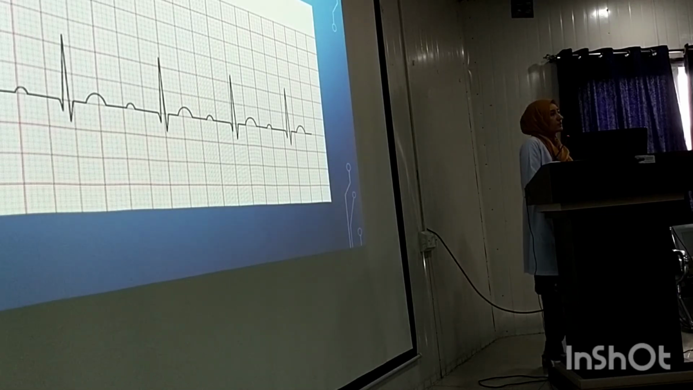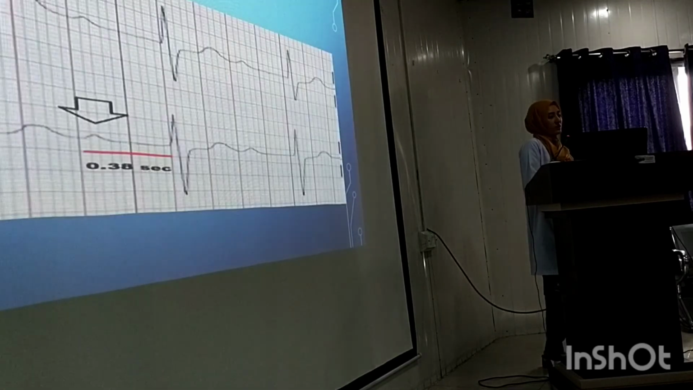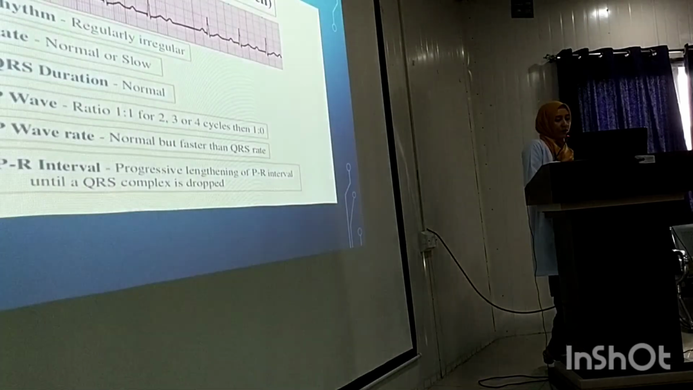When the distance increases, progressive prolongation, then it becomes Mobitz type 1. It's not the first degree heart block. This is another example of first degree heart block. This is a second degree type 1